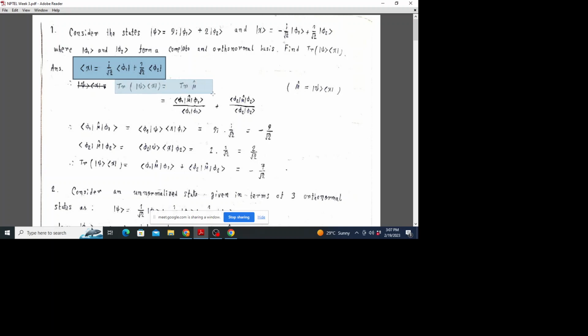Now consider this. As I said, this outer product is actually a matrix, or more generally an operator. It is absolutely not a number. So let us denote this outer product as M. You can think of M as a matrix. We need to find the trace of that matrix. And since phi 1 and phi 2 form a complete and orthonormal basis,